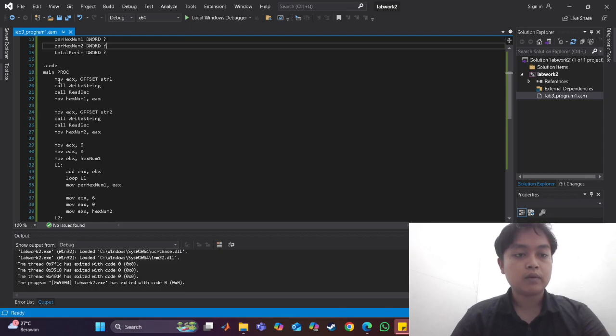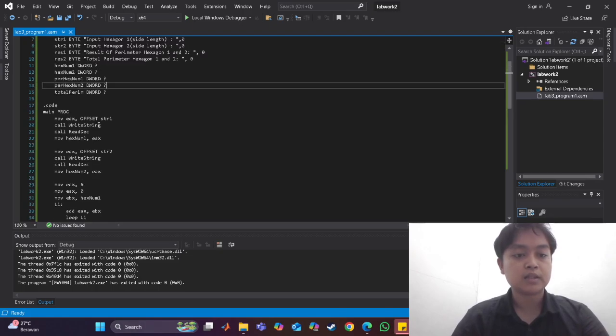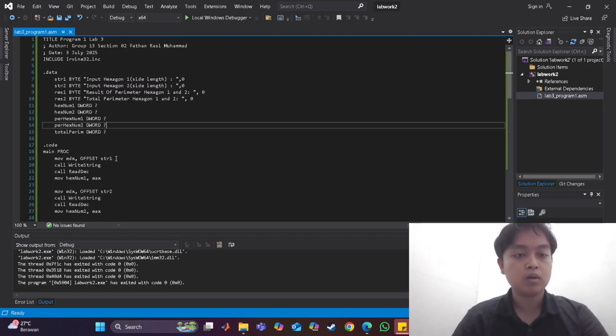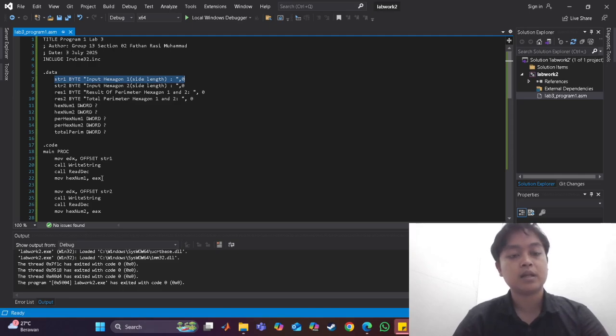So in here, first move edx offset str1. So this will call the first input in here, the str1, and then we call write string, so it will output into the terminal, and then we call it to get the input from the user for the number, and then we assign the number in EAX in the register to the variable hex num1.